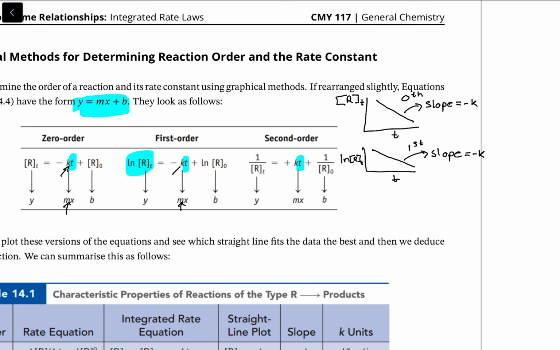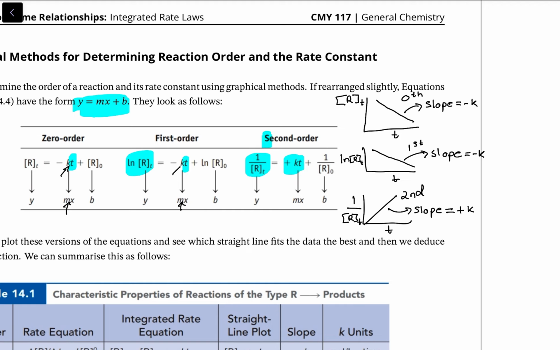And in the final case, if you want to know whether something is second order, you must plot 1 over Rt against time, and its slope is going to be plus k. So for second order, you plot 1 over concentration Rt against t, and this graph looks something like that, and your slope is going to be